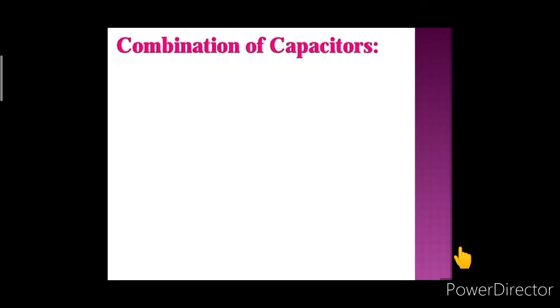Now let's see combination of capacitors. When there is a combination of capacitors to be used in a circuit, we can sometimes replace it with an equivalent capacitor, or a single capacitor that has the same capacitance as the actual combination of the capacitors. The effective capacitance depends on the way the individual capacitors are combined. Here we are going to discuss two basic combinations of capacitors which can be replaced by a single equivalent capacitor.